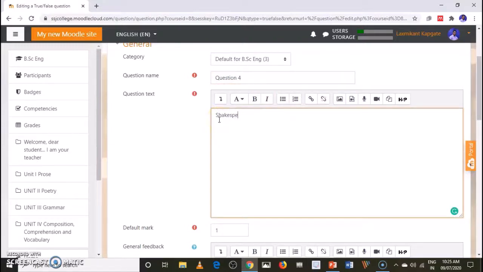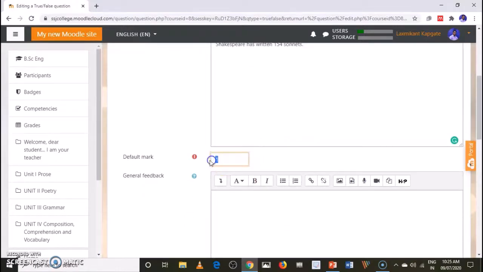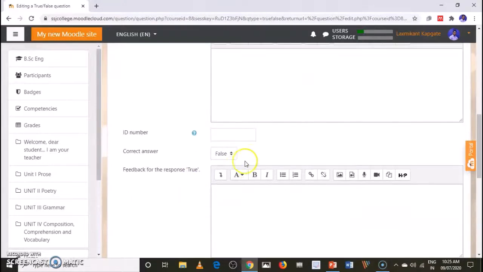For example, Shakespeare has written 154 sonnets. So this is a true false question. By default the mark is 1, but I will change it to 2. Again you can change the correct answer; it is true, not false.